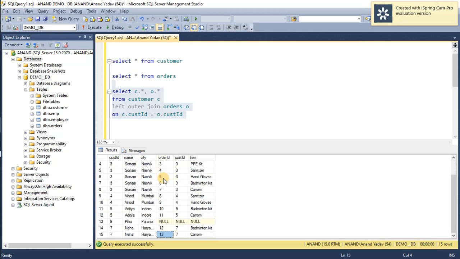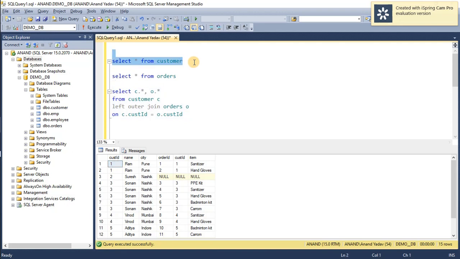Similarly, if you see customer id equal to 6, she is Pooja, and she did not order anything, so her entry in the orders table is empty. So the result of the left outer join will return nothing from orders for customer id 6 and 2.